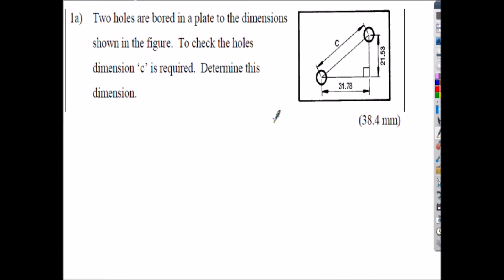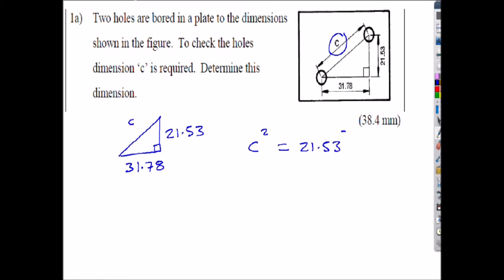In question 1 we have two holes that are bored in the plate shown, and the dimensions are given on the diagram. We've got to calculate the length C. As we've got a right angled triangle and we know two sides of the right angled triangle, we can use Pythagoras theorem to find the third side, labelled C here. In this case the hypotenuse is C squared, and that's equal to the sum of the other two sides squared. So in this case that's